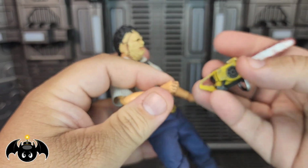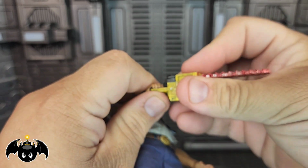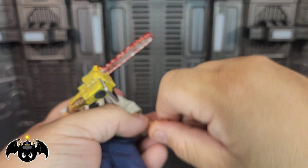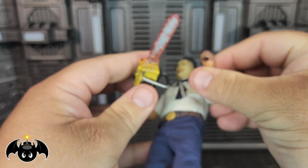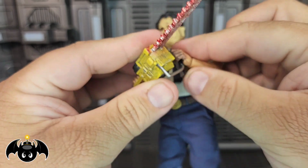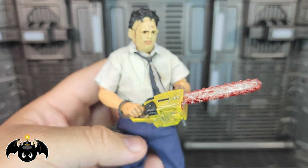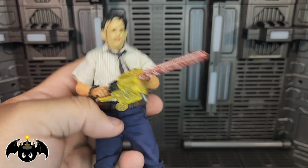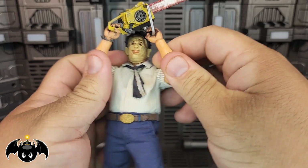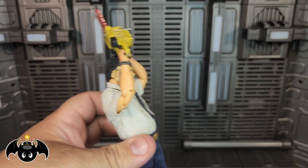And you can get a two-handed grip with the chainsaw here. Just plug that in like so, and then let me switch out the hand for that, and then we get in this specific hand right here, and then you can get the two-handed grip like that, and there you go. And he is ready to go and just slaughter a bunch of people again, which I think looks super cool. You even kind of get the thing where he is like holding over his head, like he's ready to tear some people up or something, and